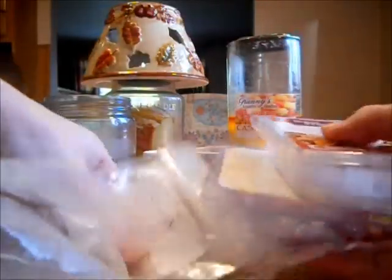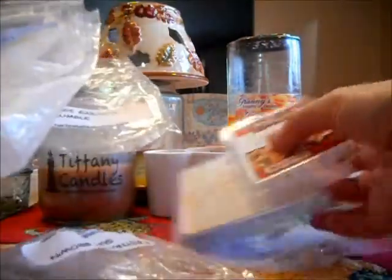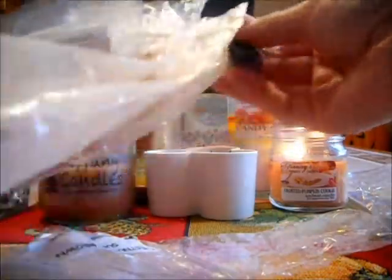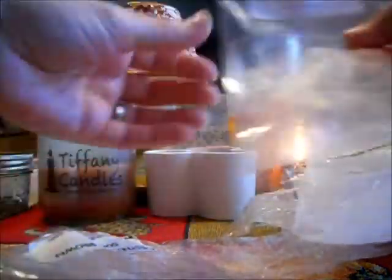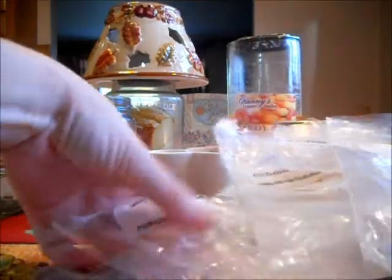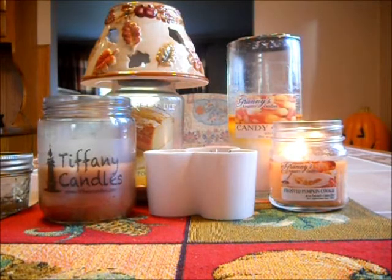So these were all in that, and I just added more. So 1, 2, 3, 4, 5, 6, 7, 8, 9, 10, 11. So, and it makes you feel good when you do it. I mean, I feel really great that I melted all those. I'm super excited. So that was my Friday weekly melt and an update on my Project Wax,